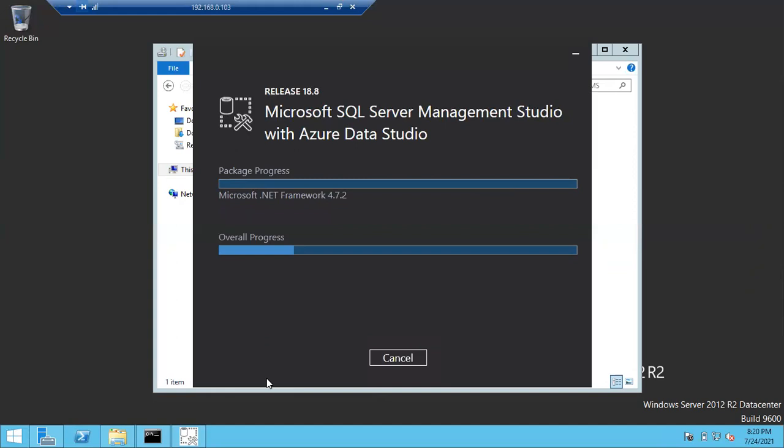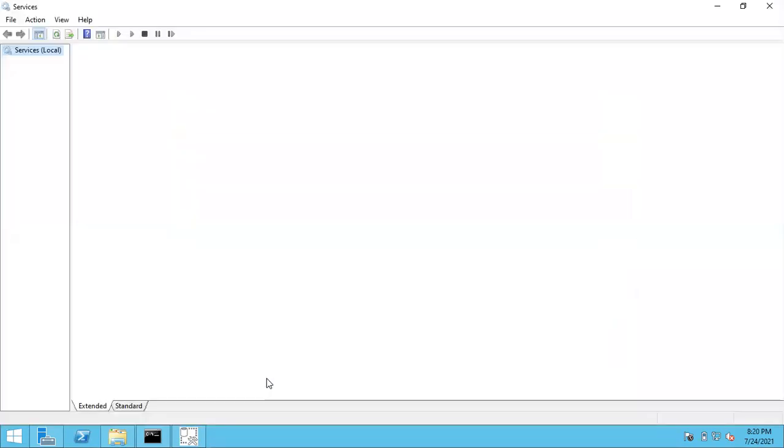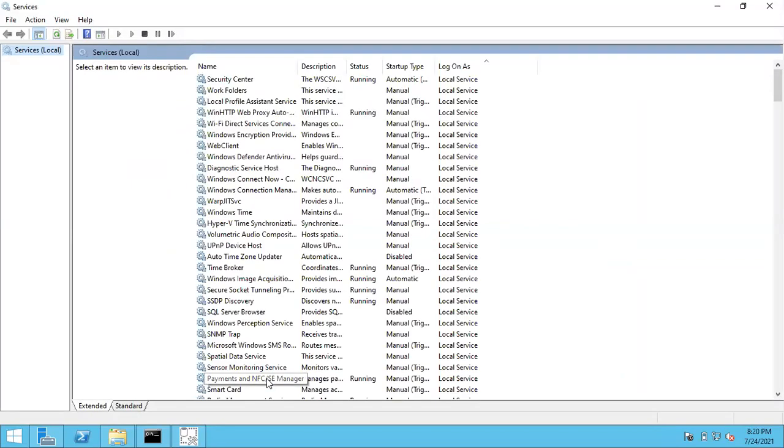Whenever you install any software, forget about SQL Server, whether it is an antivirus software or a WhatsApp application or a Teams application or a Zoom application, every application will create a service. The application won't run by itself, guys. The service will run in the back end. Each software will have its own services.